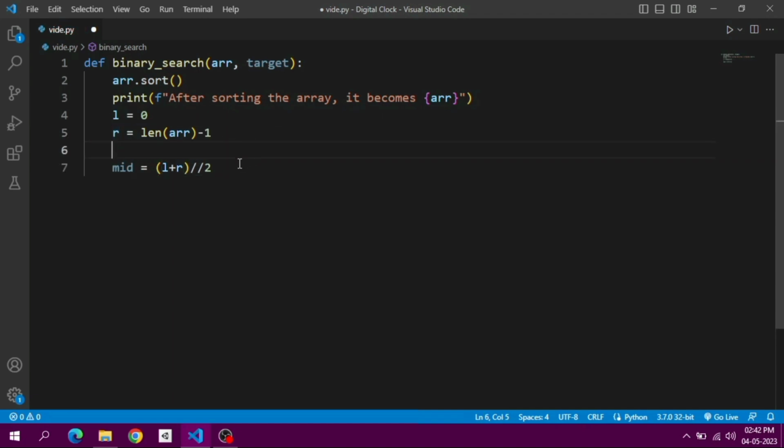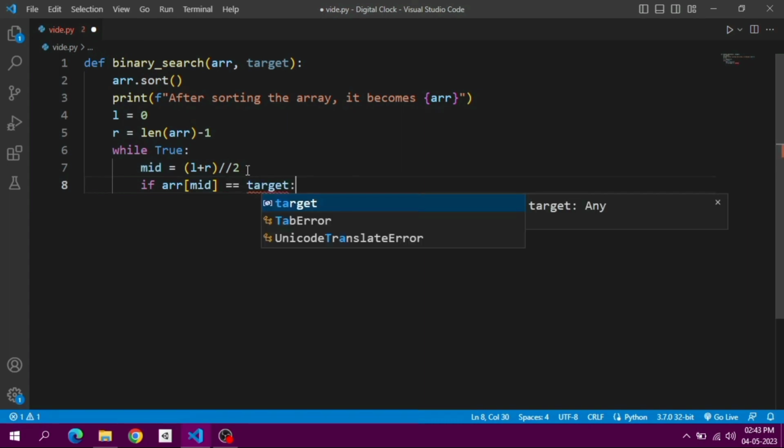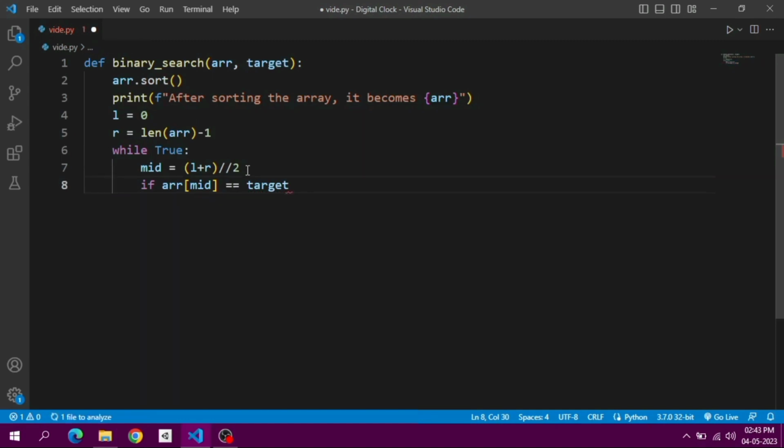This is how we get the mid element, and we will keep it in a while loop, while True. So in every iteration we will say mid equals (L plus R) by 2, and then if arr[mid] is equal to the target which we need, in that case we will return mid. Otherwise, if arr[mid] is greater than the target, since our list was sorted,